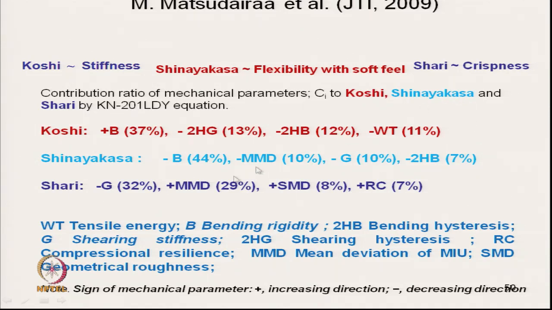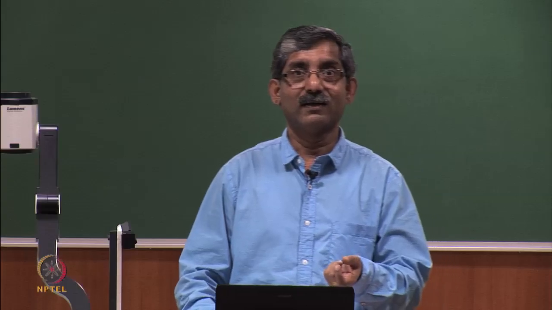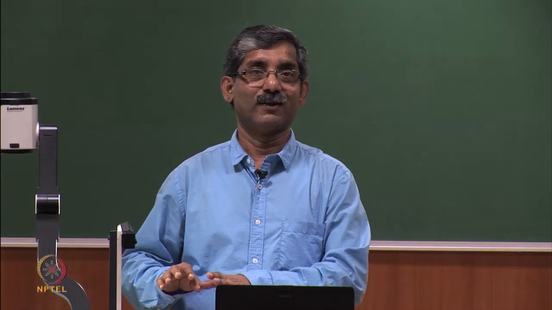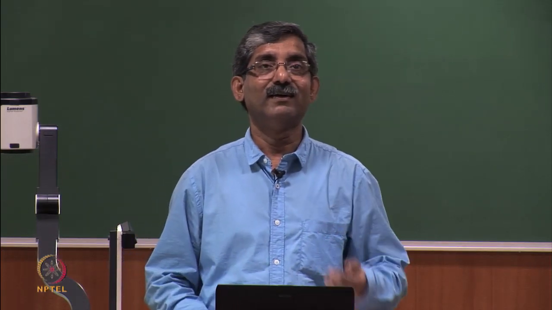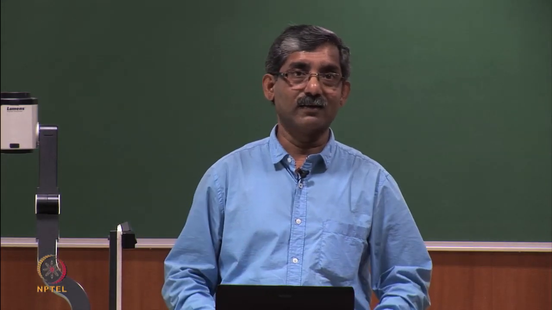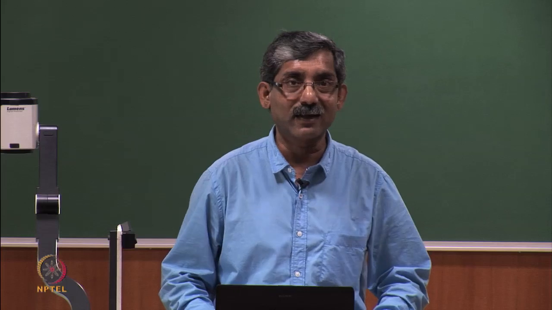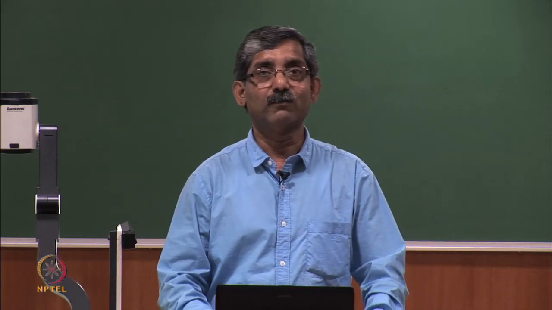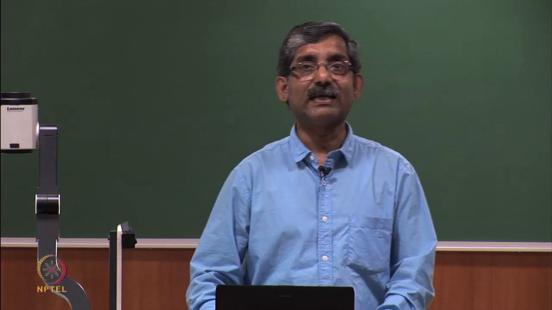Similarly, WT is the tensile energy. As the tensile energy increases, the Koshi value reduces. That means the fabric should be stiff enough, but the tensile energy should be less. So, we will get the higher Koshi value. That way we can interpret the primary hand characteristics using the values which we have got from the KESF